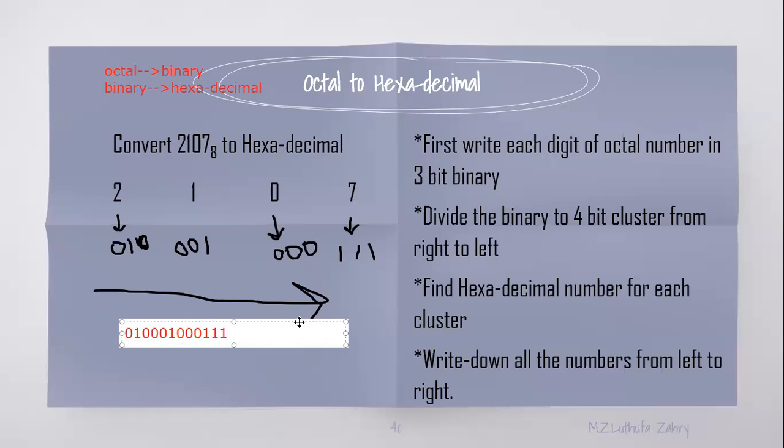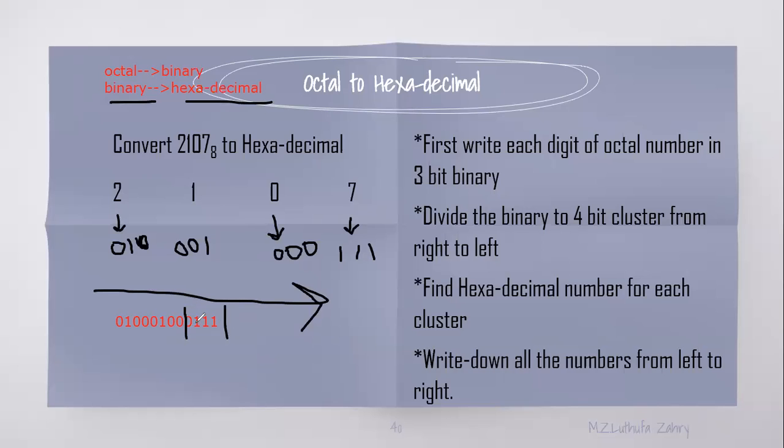So this is the number you got. Now once again you have to convert the binary to hexadecimal. Binary to hexadecimal we already studied. When they give you a binary, divide it into 4-digit clusters, so that you can directly convert it. 111 is the same as 7. You can check the hexadecimal table I explained to you. Just put 0, 0, 0 and then you will get the table.